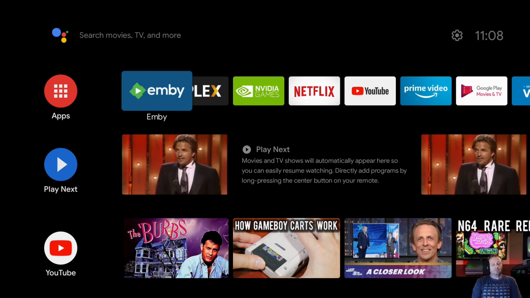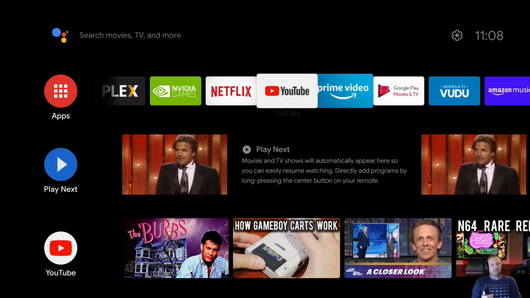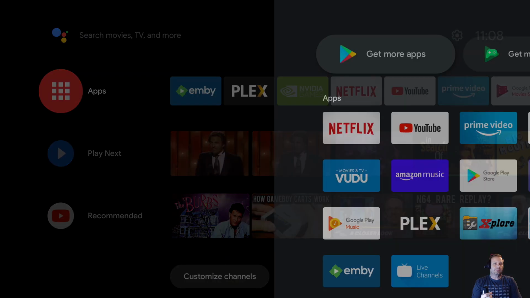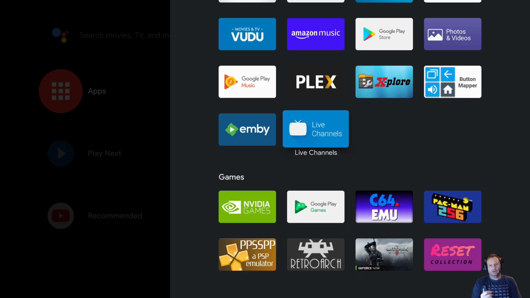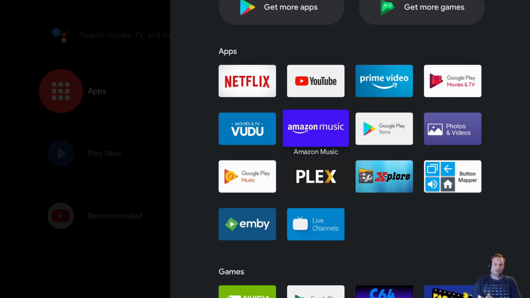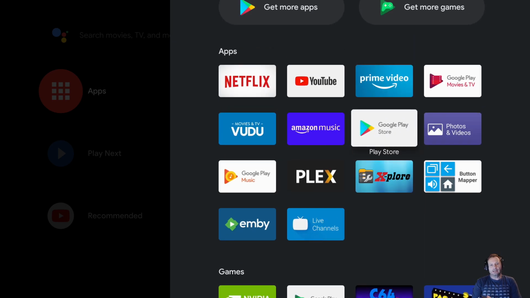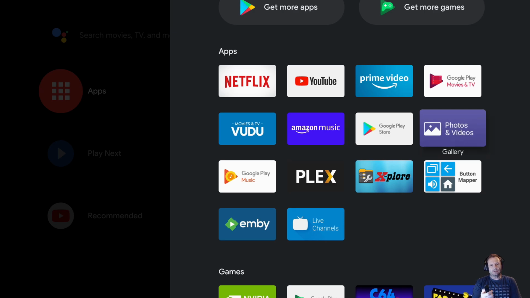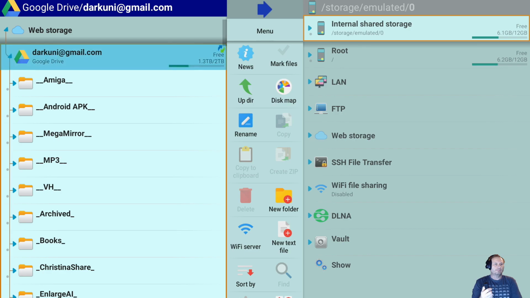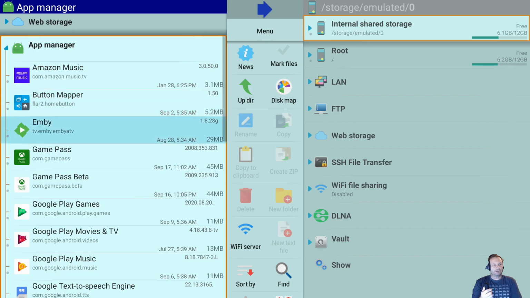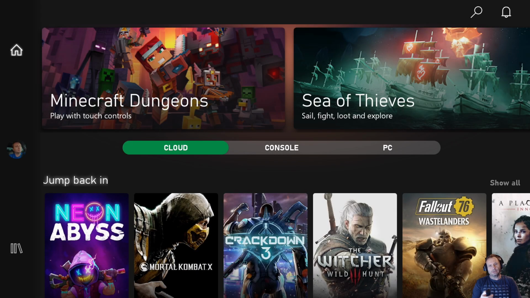So this actually brings us to a good segue. If you go look in your apps, that Xbox Game Pass is nowhere to be found anywhere. So how do you get to it? Well, you either have to install something like HAL Side Launcher or HAL Launcher to load sideload games, or you can always just go through Explorer, close that up, and go to your app manager, and you can always run it from here. This is what I tend to do.